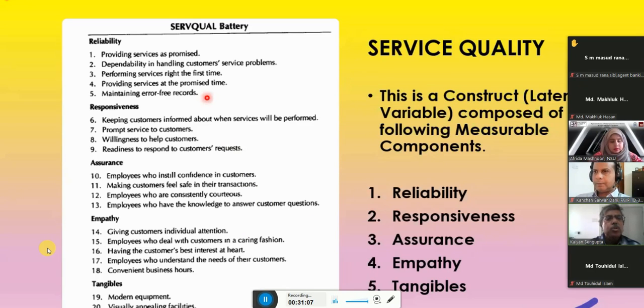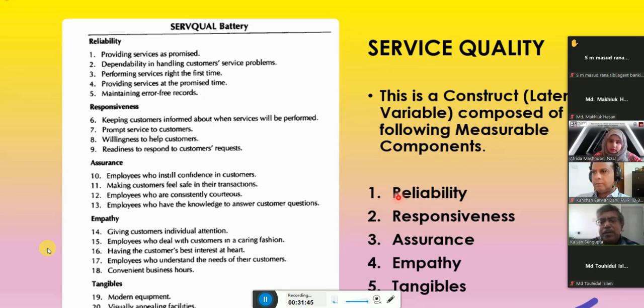Now it should be all right. You see the reliability, responsiveness, assurance, empathy, and tangibles. Now, what are these? These are the basic constructs or dimensions. Now, as you can see, reliability means that if I say this service is reliable, what does it mean? In short, they mean that what they promise they give. Can you say that? What they promise they give? Okay.